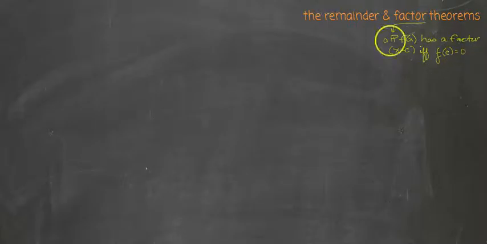0. So that basically means if I divide a polynomial by some factor x minus c, then I need to get a 0 remainder in order for that factor to be a factor of the polynomial. So let's do an example to show. So we want to determine whether x minus 5 is a factor of x cubed minus 18x squared plus 60x